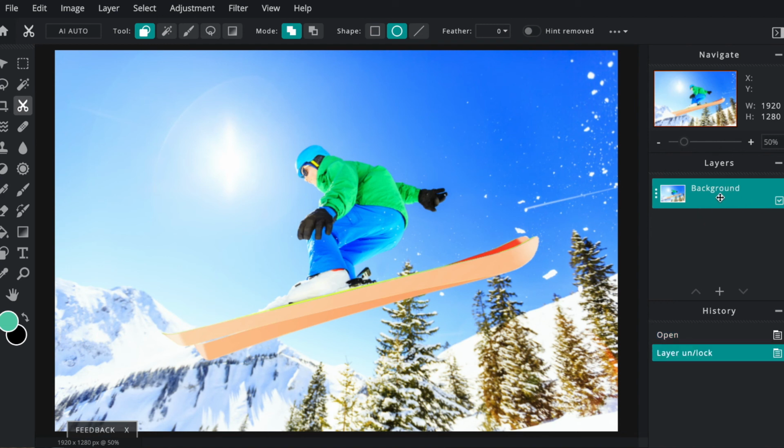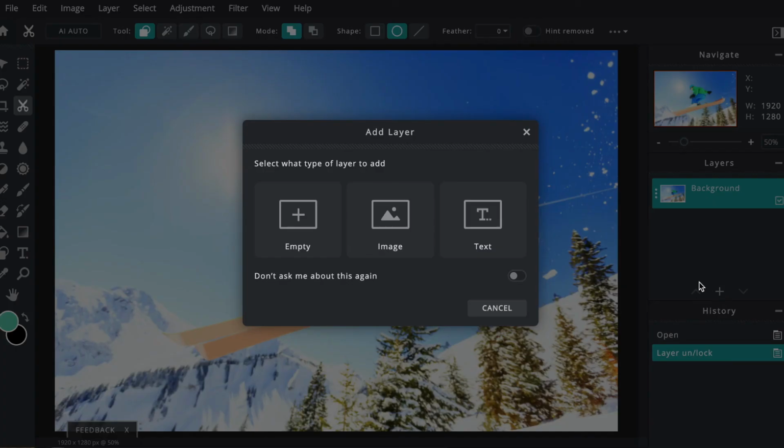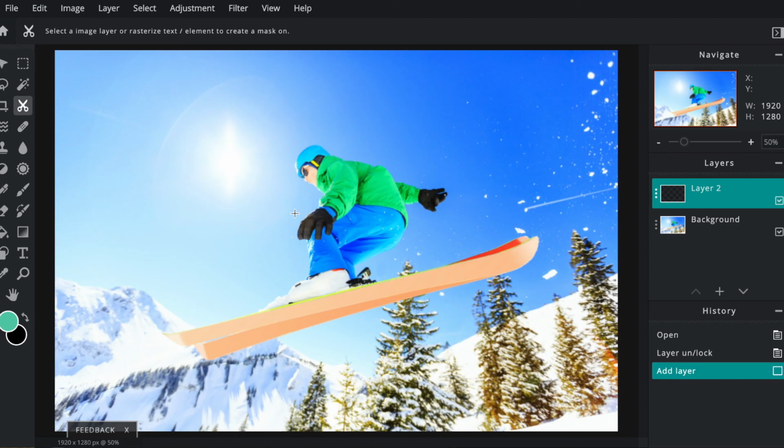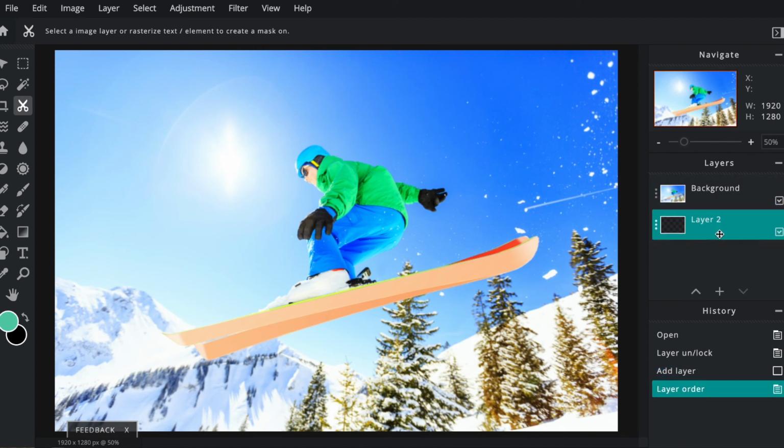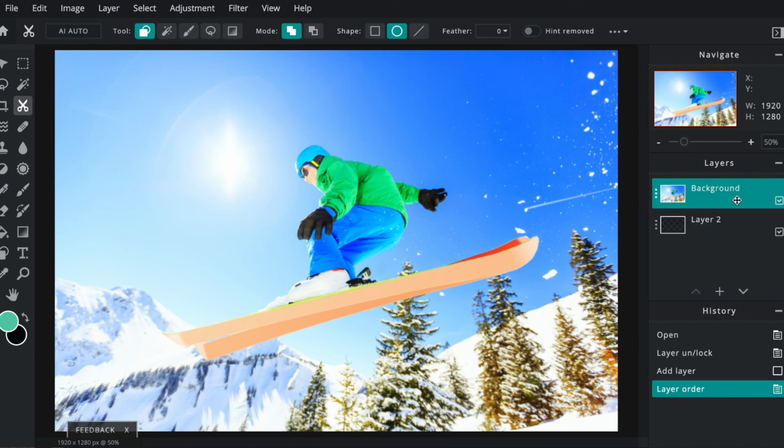And then we're going to also add another layer. So if I move straight down, we're going to click the plus sign. And that plus sign will allow me to add in an empty layer because we're going to treat it with some color. I'm going to move it down below the background. Programs like this are all about the layers,